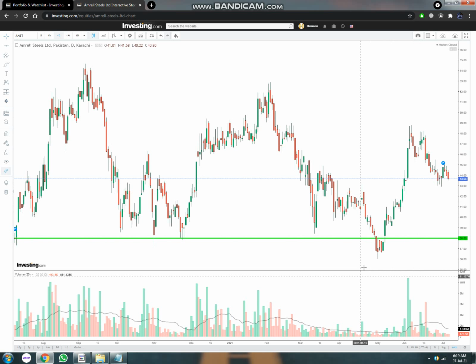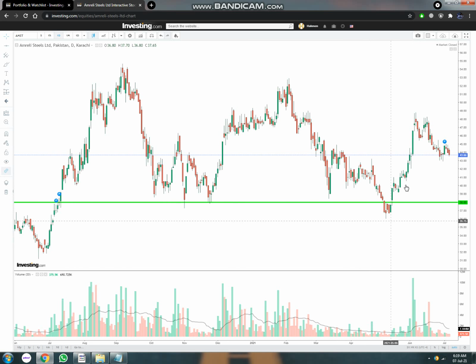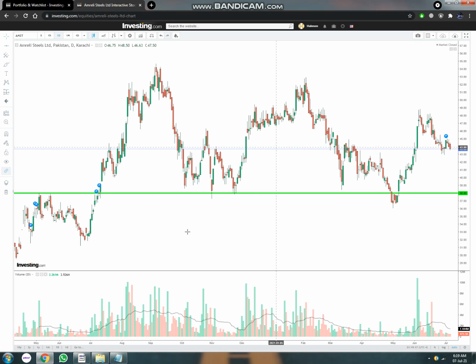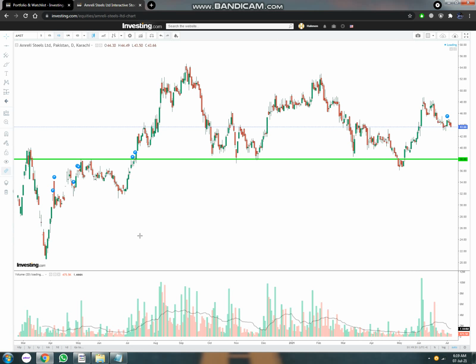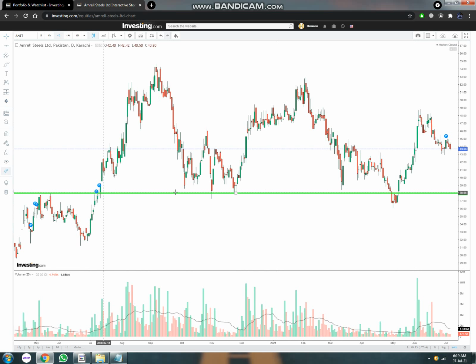Now this area is generally an effective area, a good entry point where you can enter and trade accordingly up till this point. Generally it all depends upon you recognizing different areas where you can trade stocks effectively. This method, the support and resistance level, I've explained to you guys in the previous videos as well, so watch those and I hope you learned something from them.